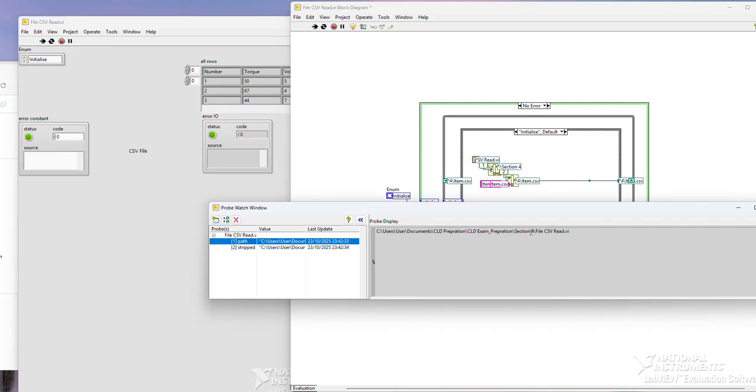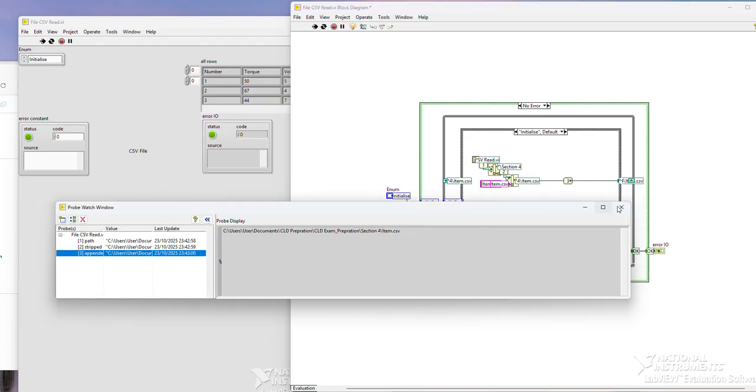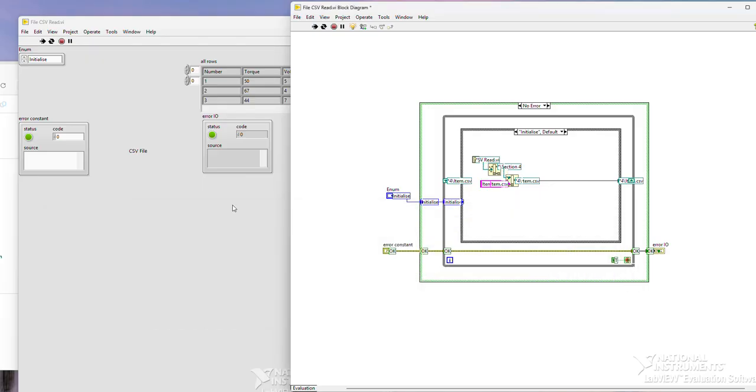So again, the CSV file read.vi comes out from that one after the stripping. Then we have to add the build path with our item.csv. So basically, in the current VI path, we are calling that VI. Then we have to come out one step before, then build with item.csv. That's the one we have done here. Then we move on to the